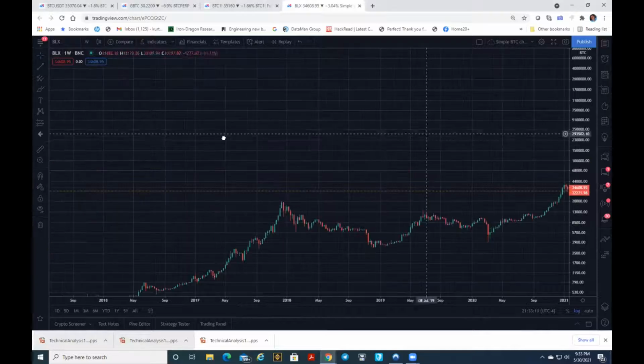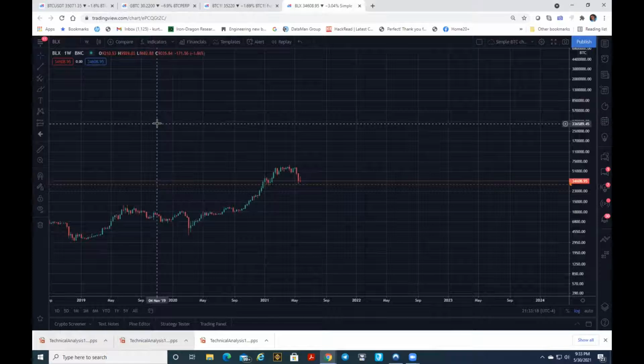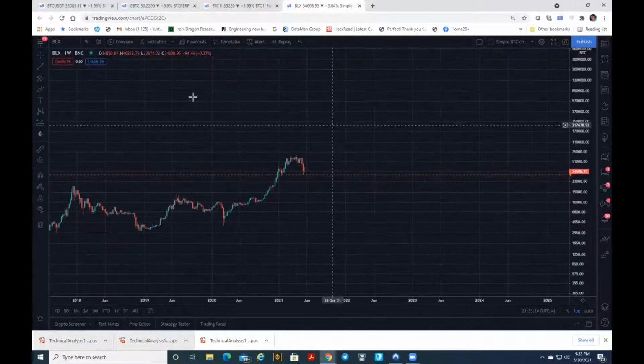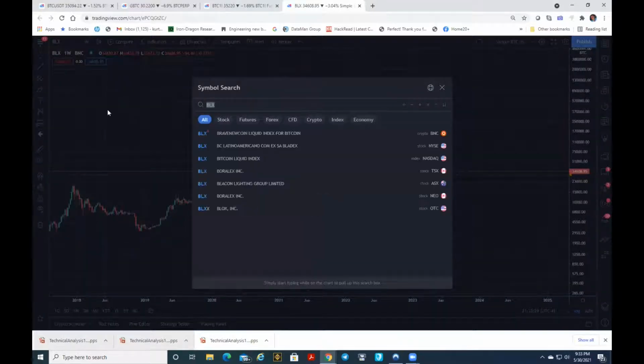We are going to be going over the RSI, which is the Relative Strength Index, the MACD, the Moving Average Convergence Divergence, and if we can get around to it, some moving averages, which I will go over if we do. So first and foremost, when you get into TradingView, you want to find the asset that you